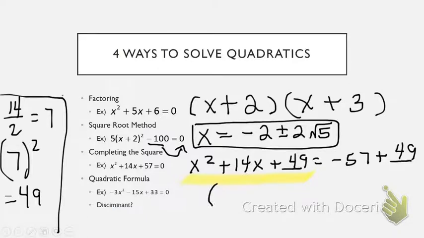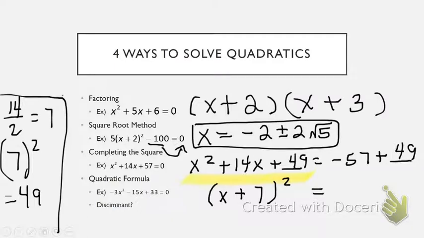How? Well, we get a parentheses and we get it squared. What's the square root of x squared? X. And then what's the square root of 49? 7. The b term tells you what sign you're going to have. That's based off of that identity we learned in the next couple of units. So since it is a positive number, we will take that plus sign and put it in between those two variables. So x plus 7 all squared is equal to, now we got to do a little math, -57 plus